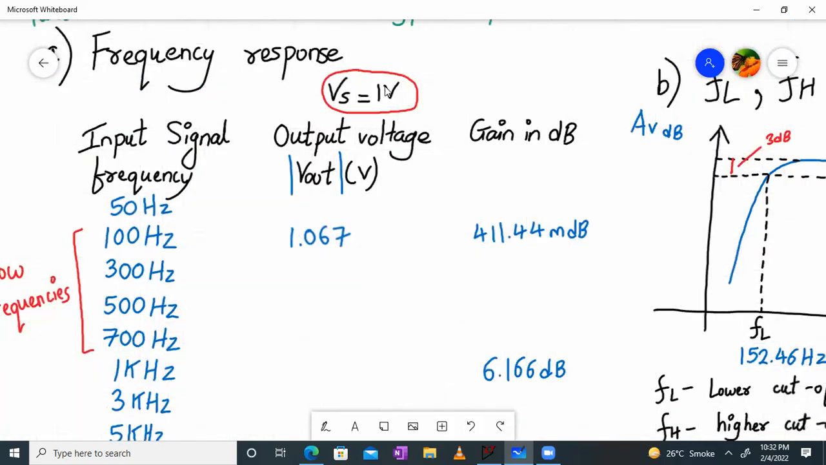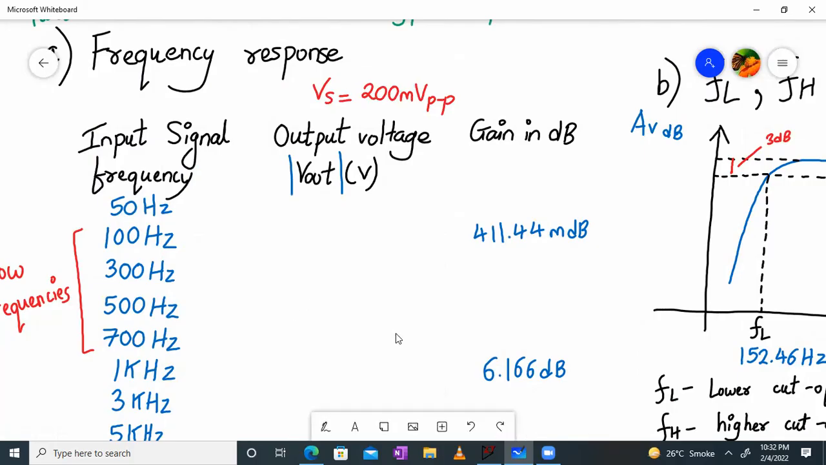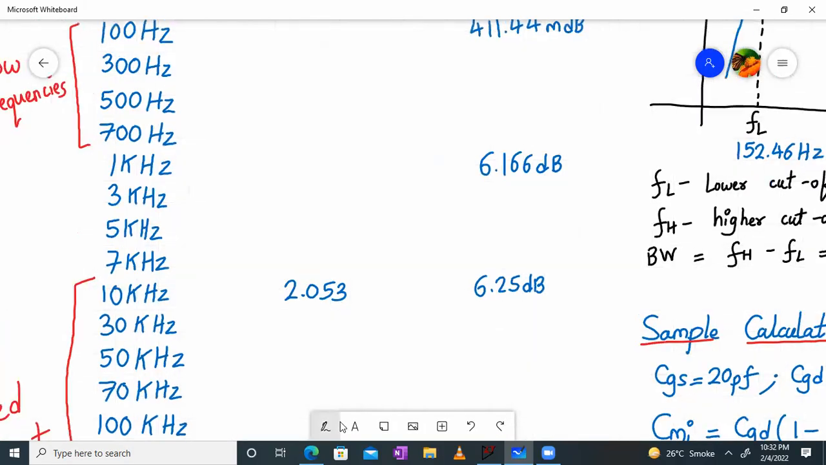So here we have taken Vs as 1 volt. Basically, if you are measuring it later on and want to cross check the value, what you can do is take it at around 200 millivolt only, peak to peak. So these readings will change. Let me show it to you. Okay, let me change all these readings first,